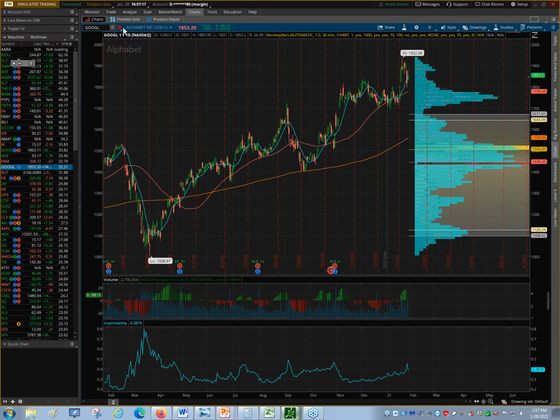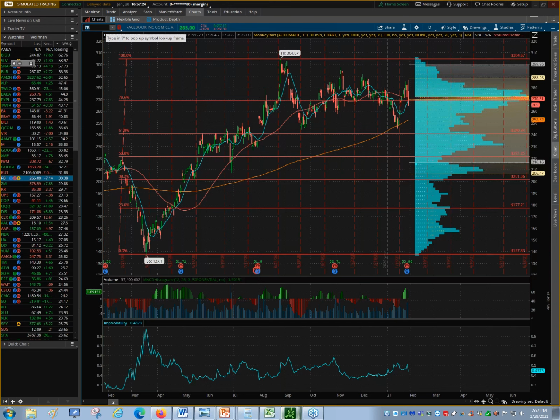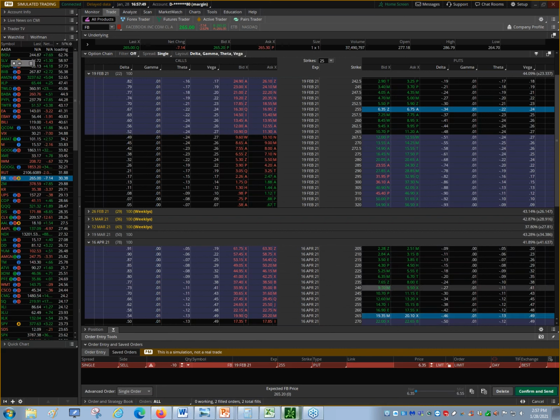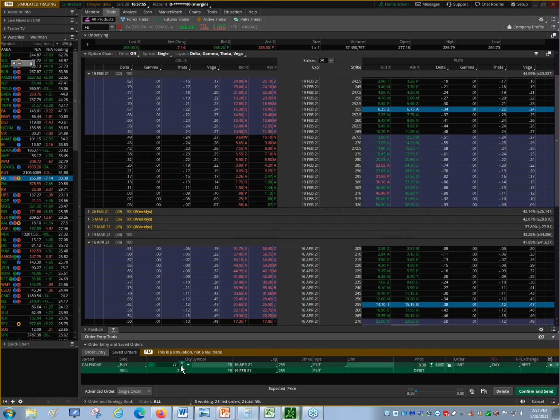Let's go to Facebook, because I'm flipping through the charts and all of a sudden I come across Facebook. You can see it's gone down to my short strike already. So if I were to build this up right now, I'd be looking for that 36 delta. Yes, you could do the 45 delta or so, but I don't like to use the half ticks, plus there's not going to be any half ticks way out in time. So I would go maybe a little further away. I'd sell the 255s, so I know I've got to buy the 255s out here and come up with my strategy.